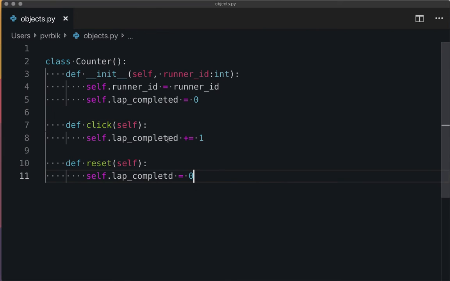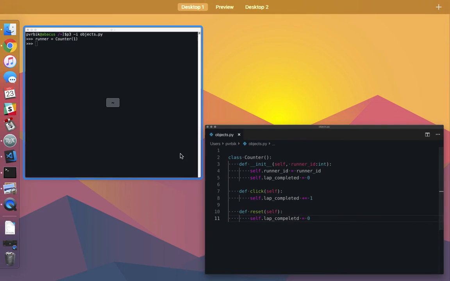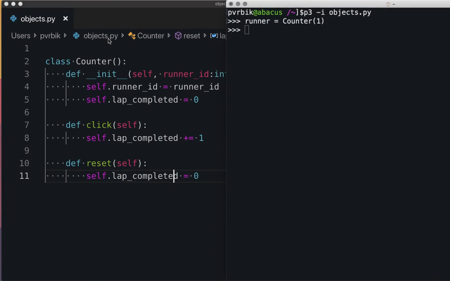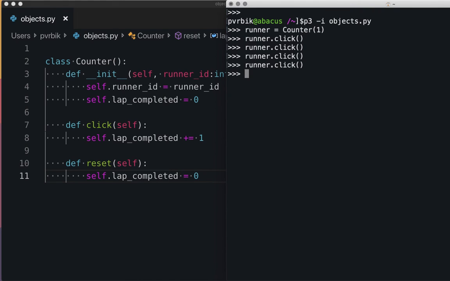I misspelled completed, lap completed, is that still wrong? Completed. Great, okay. So now I can say a runner is a counter 1. I can say runner dot click, click, click, click, click, runner dot, I should have written a print command, but whatever. Laps completed is 5. Now I could say runner dot reset the counter,